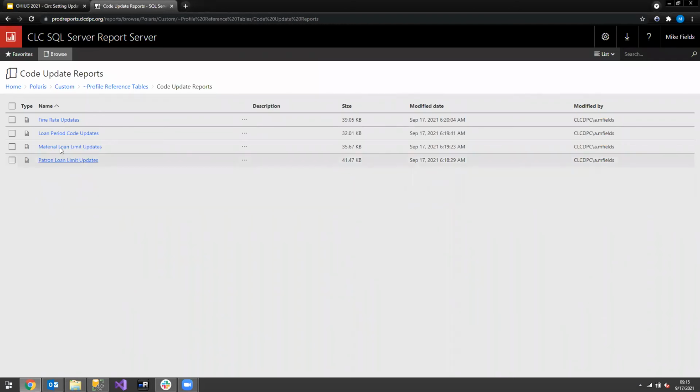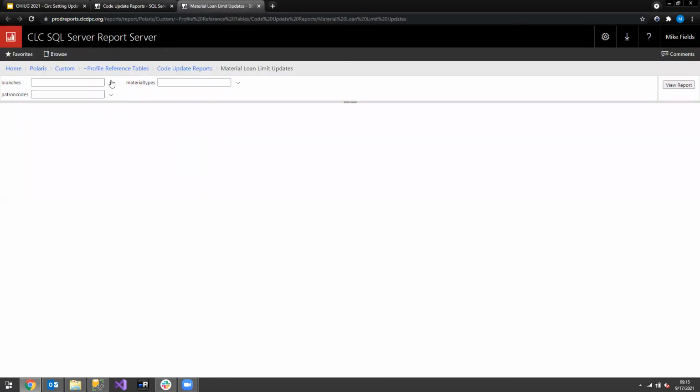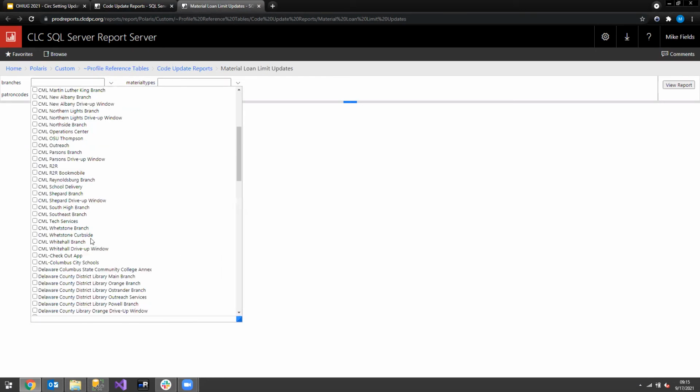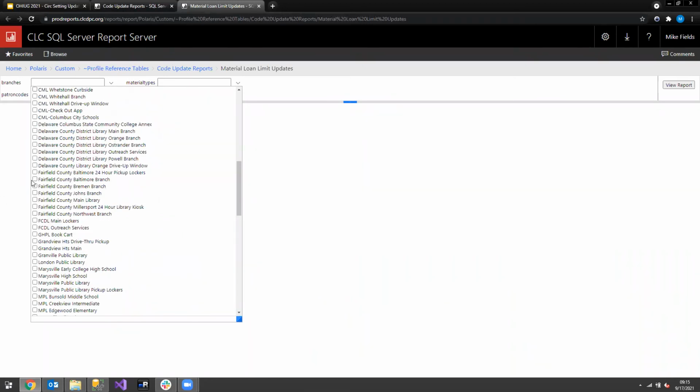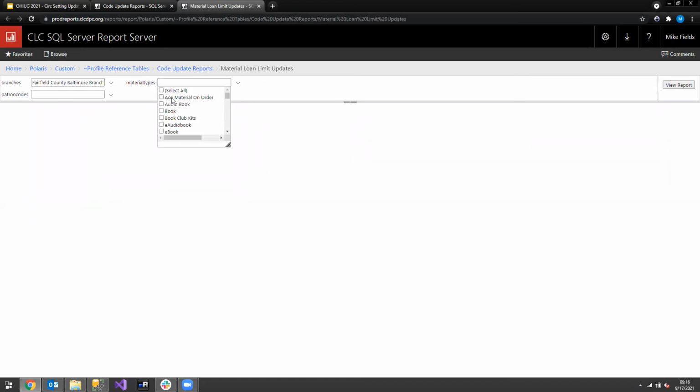All right, so as you can see here, there are the 4 reports for the 4 different circ codes. For our demo, we'll start here with the material loan limits. Again, here you will see the 3 parameters to narrow down what they're going to update. So we'll pick a couple of Fairfield branches. Okay, so if we were to pick all of these,